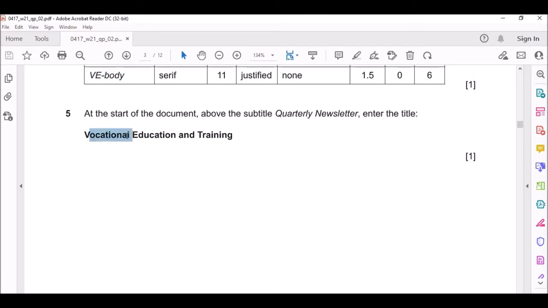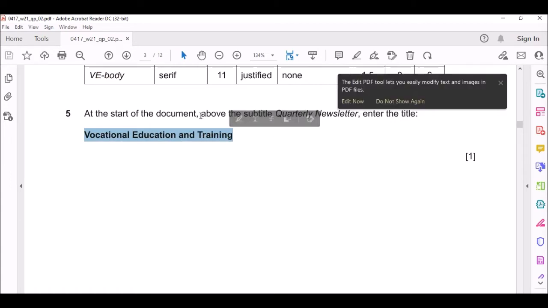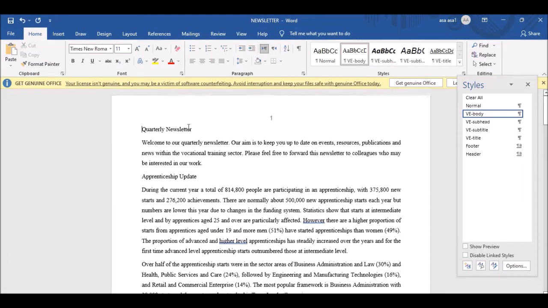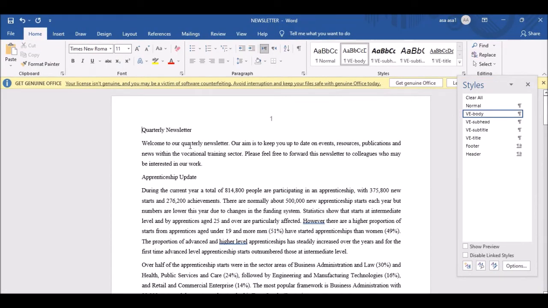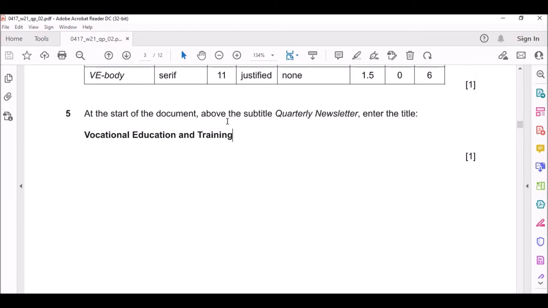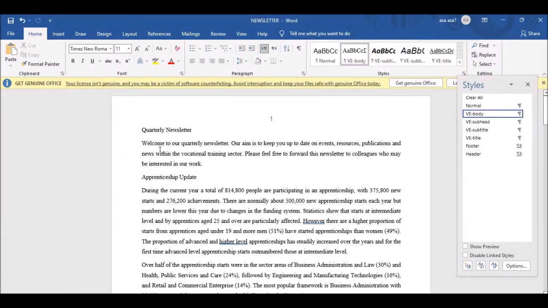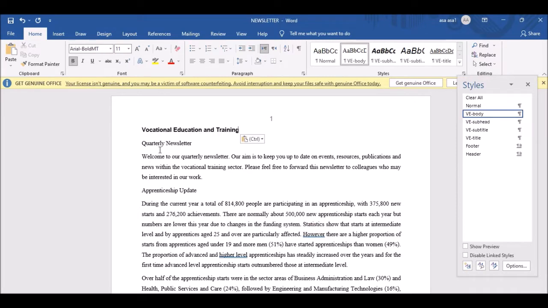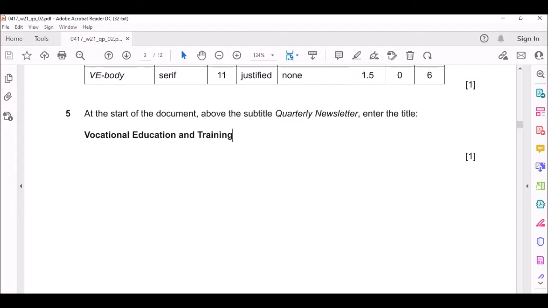Okay, vocational education and training. Let me copy this. At the start of the document, above the subtitle, quarterly newsletter. Let's look for it. Okay, above this. So you enter a new line and you place this one there, okay. Then after that,